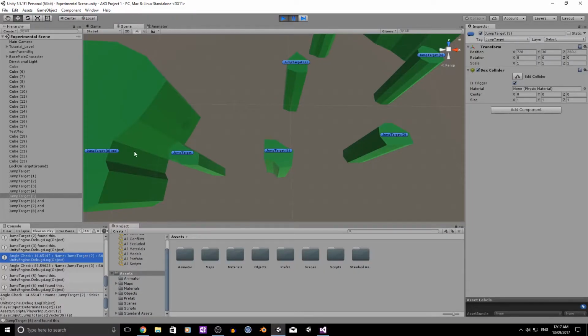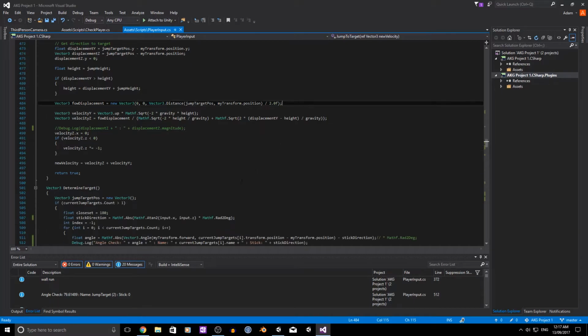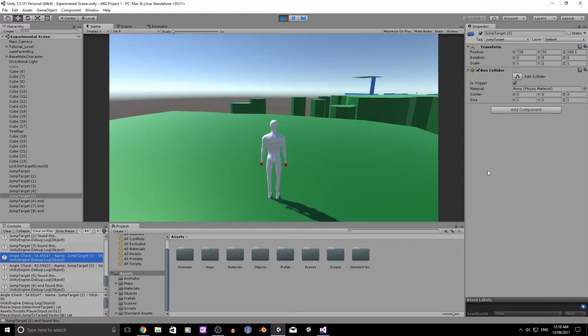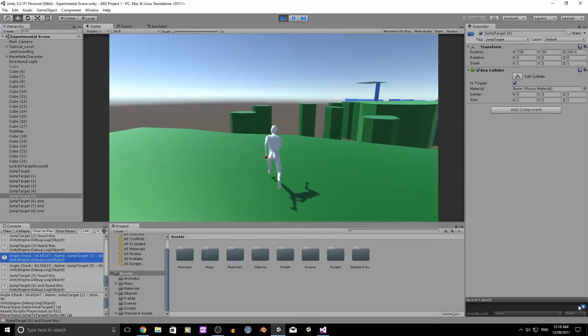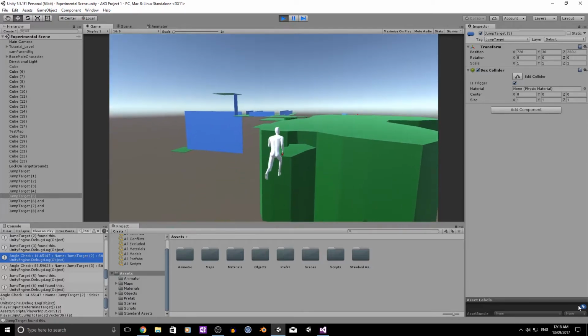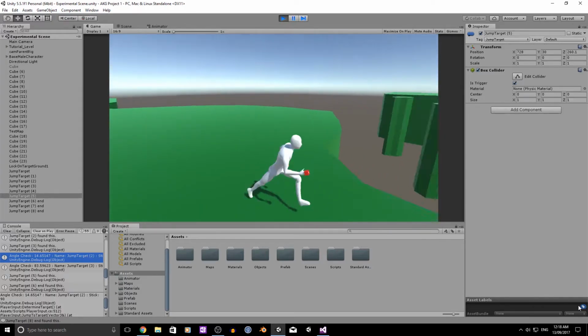Otherwise, instead of jumping to here, you would jump over to there, which isn't exactly what we wanted. And that's pretty much this system in a nutshell. It's very, very nice. And the way it's set up, it's normally,